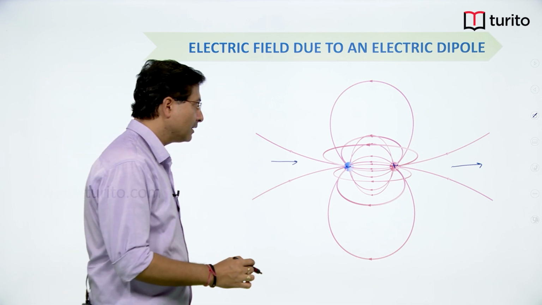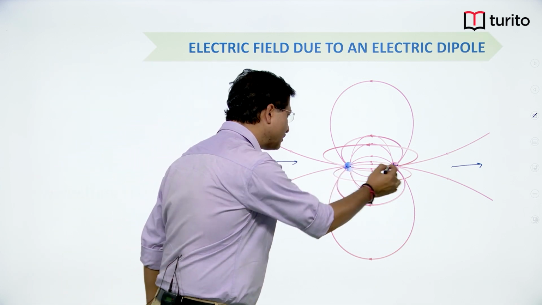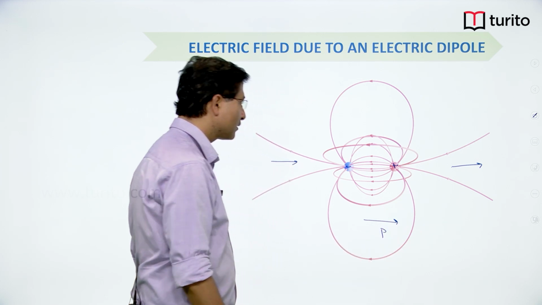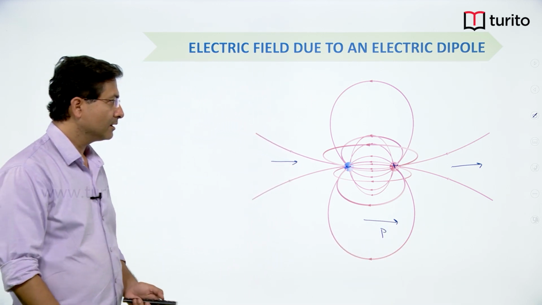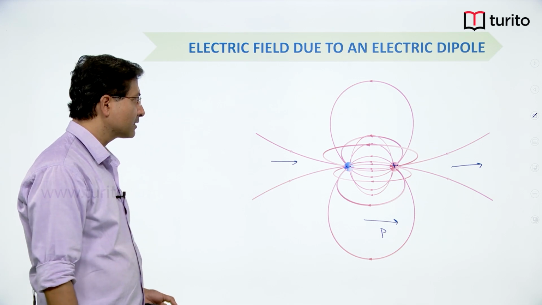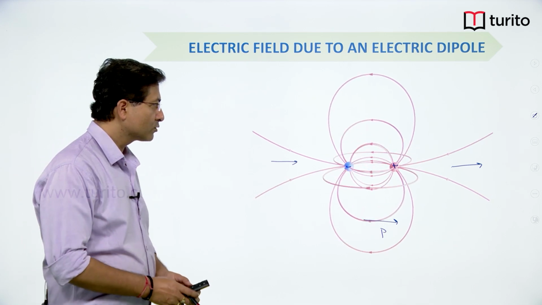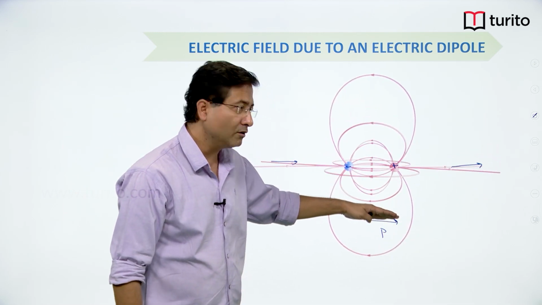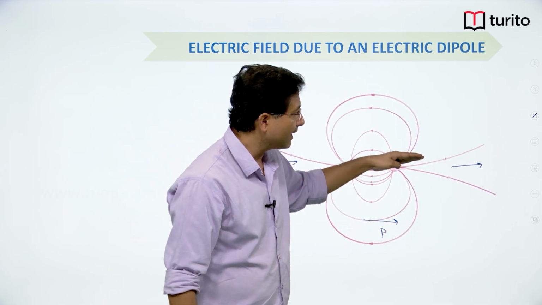So, here the dipole moment will be from negative to positive, it will be like this. Let us play it once again. You can see that along the direction of dipole moment you will have the electric field on the axis of the dipole,